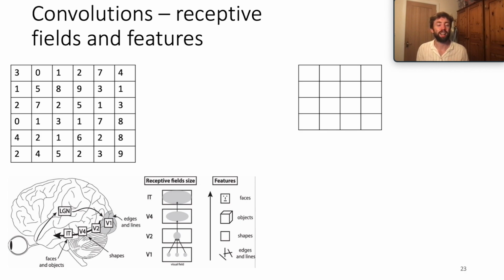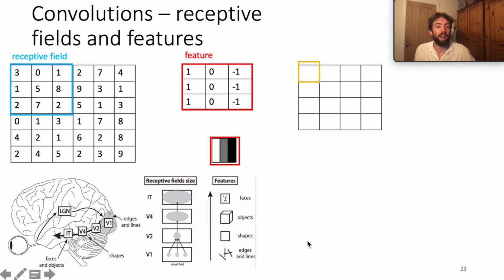So there's a very clear analogy between the way a convolutional neural network works and what is known about certain parts of the visual system in humans. Much like neurons in the visual system, convolutional neural networks work such that each neuron in a particular layer of the system has both a receptive field and a preferred feature. The receptive field works as follows: this neuron here will just pay attention to a particular patch of the image,